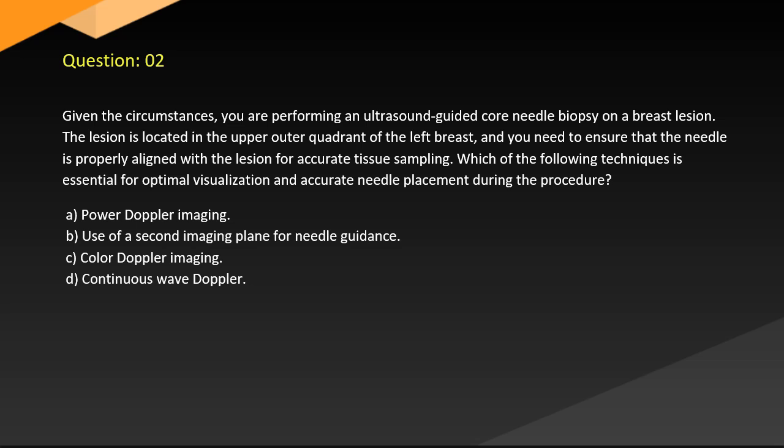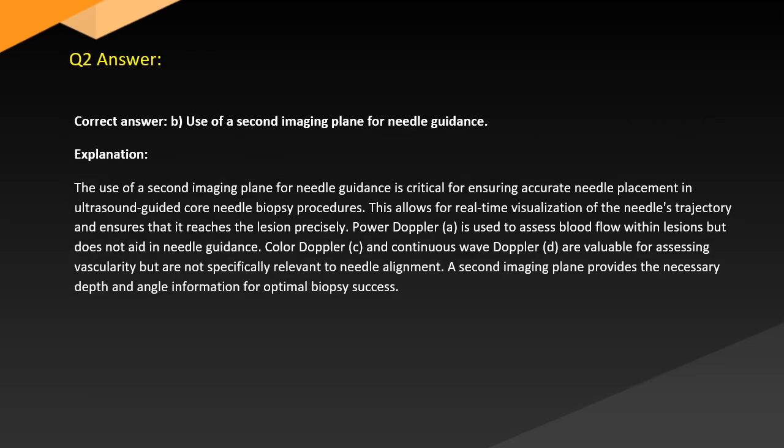A. Power Doppler imaging. B. Use of a second imaging plane for needle guidance. C. Color Doppler imaging. D. Continuous wave Doppler. Answer. Correct answer: B. Use of a second imaging plane for needle guidance. Explanation. The use of a second imaging plane for needle guidance is critical for ensuring accurate needle placement in ultrasound-guided